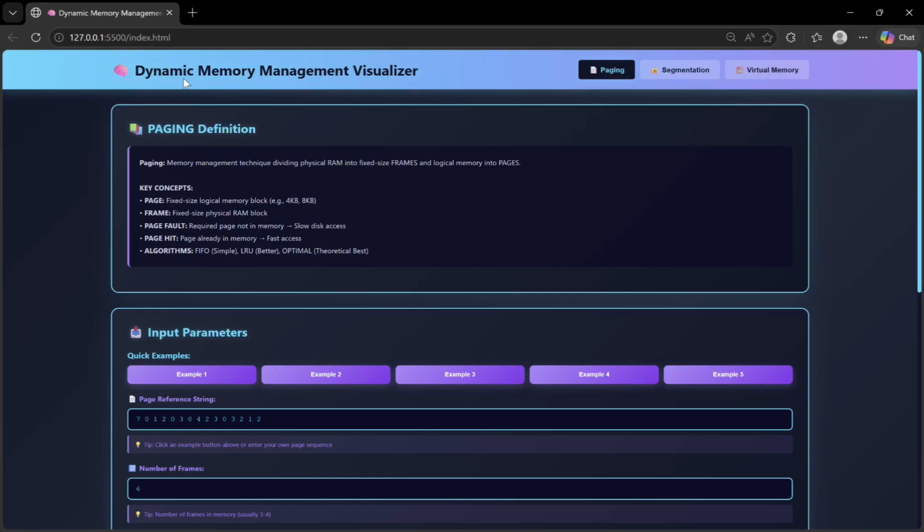Hello everyone, today I am presenting my project called Dynamic Memory Management Visualizer. The main goal of this project is to help students understand how memory works inside an operating system in a visual, step-by-step and interactive way. Many students find topics like paging and segmentation confusing, so I created this tool to make them simple, visual and